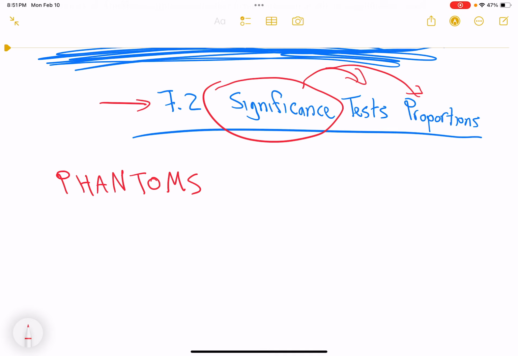Well, I remind you of the components required to run a significance test. Now, a couple of key things to note here. On your 7.2 slideshow, on slide 3, we break down every aspect of phantoms. And what are these aspects? Well, they are identifying the parameter of interest,